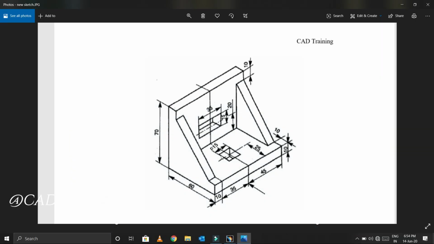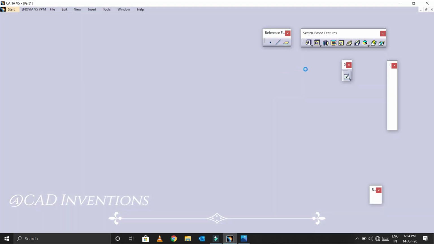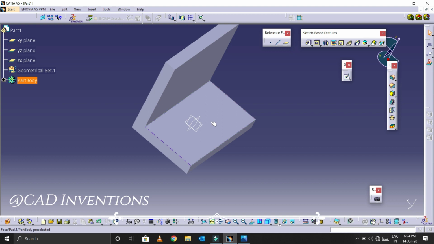I need to draw one small rectangle having a length of 15. It's nothing but a square, not a rectangle, as all sides are equal, having a length of 15, and this center square is at a distance of 25 from the edge of the rectangle. So let me draw. Where do we need the square? Yes, on this face we need a square.